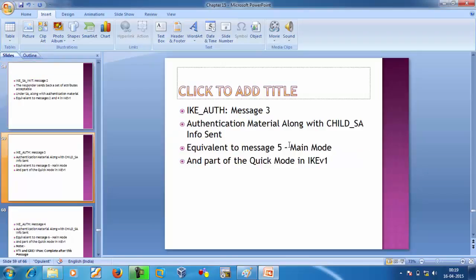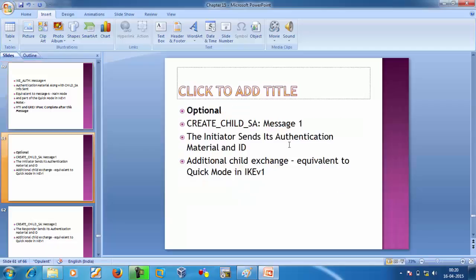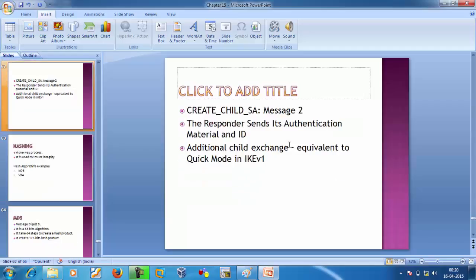The third message is authentication material plus child SA info, and the fourth is the same. After this message, your IPsec and VTI GRE tunnel is completed. The other messages are optional.